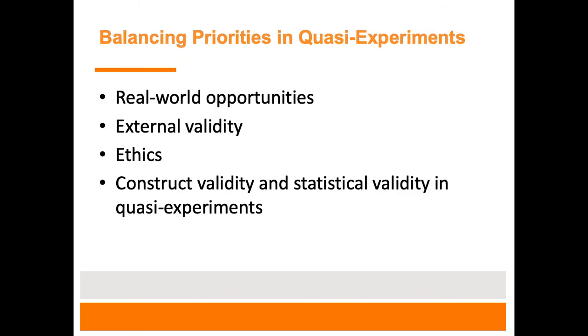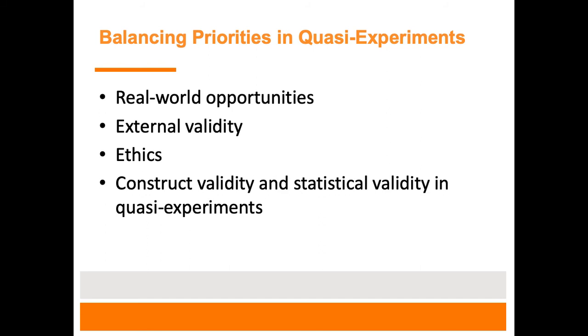So, quasi-experiments balance some different things. We say they look at real-world problems, which is great, and capitalize on these real-world opportunities, and because of this have high external validity. There's no argument that some of these studies are obviously relevant to the real world because they're happening in the real world, right? Unfortunately, these things can't be manipulated, so quasi-experiments are benefiting off of the idea that we would not be able to, let's say, create an unsafe neighborhood or create a poor school, but we can look at these differences as they occur and learn from them.